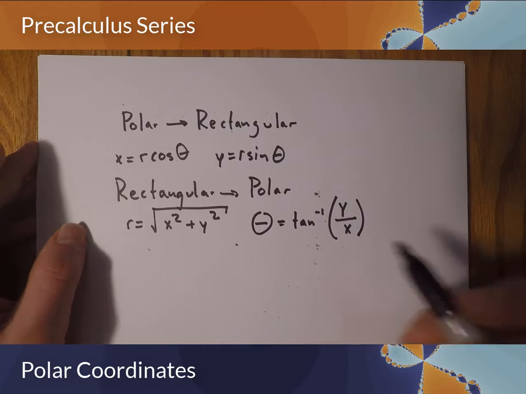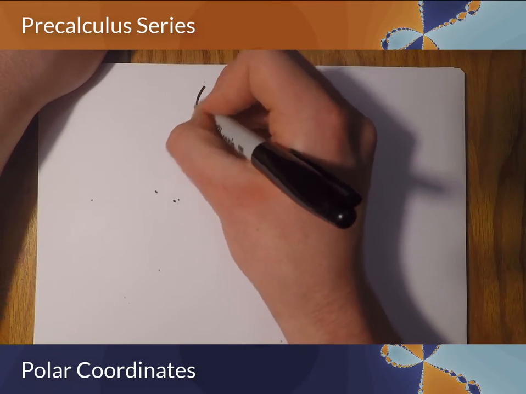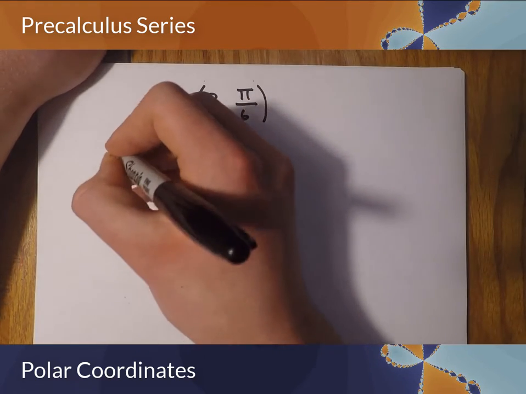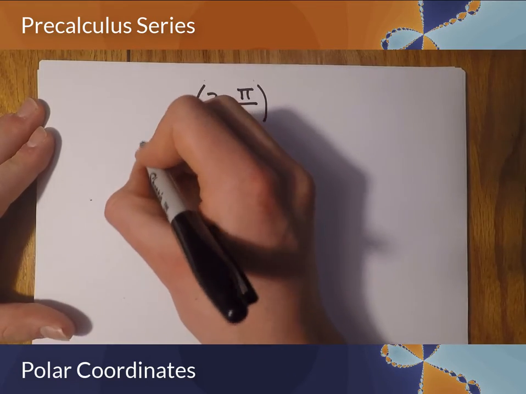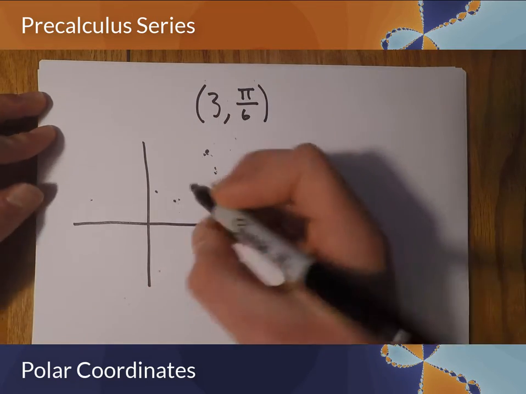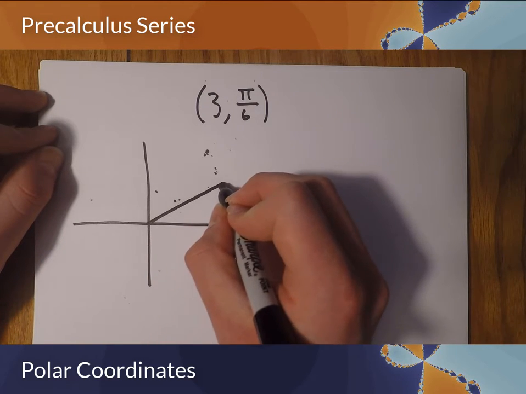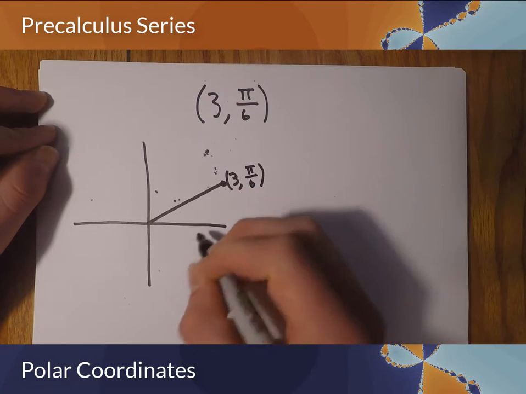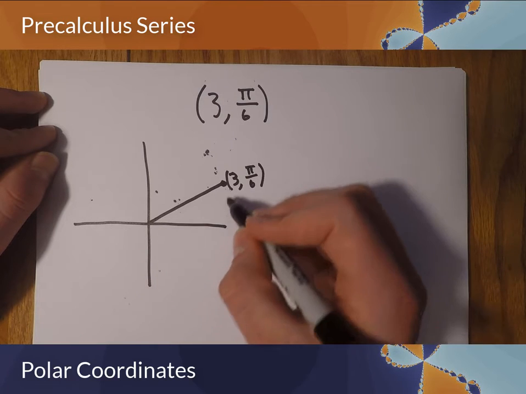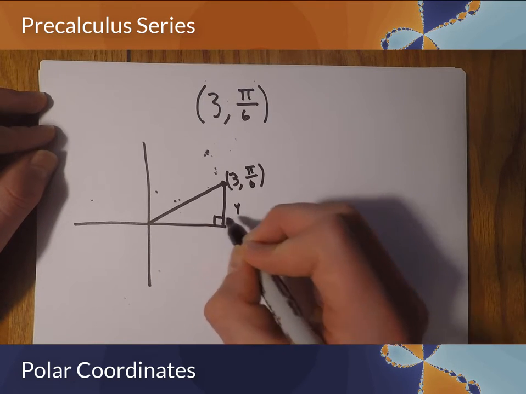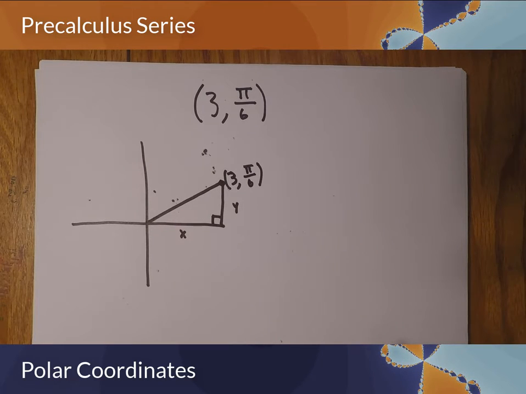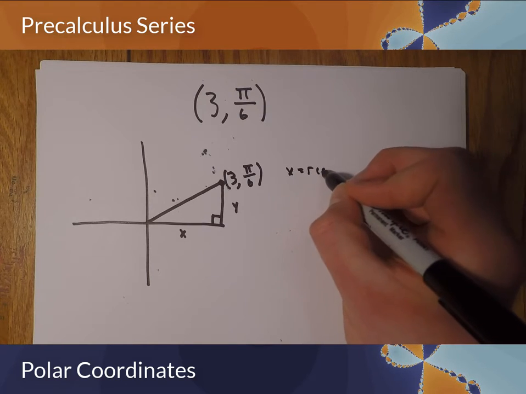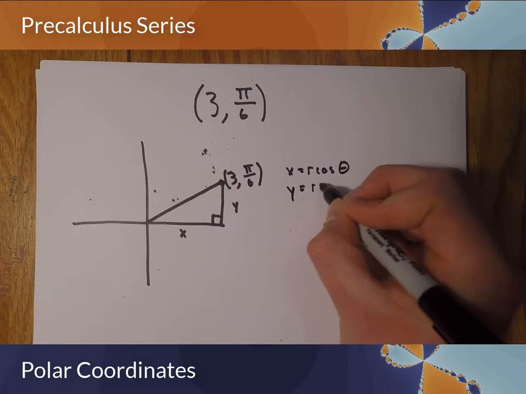So let's do some examples highlighting this. So let's just say we want to find in rectangular coordinates the coordinate 3, pi over 6. And so let's make, real quick, some axes. And so roughly about, let's say here, this is 3, pi over 6. All right, and just to draw on the x and y components, this is the y component. Here's a 90-degree angle. Here's x. So now using what we already showed in this video,